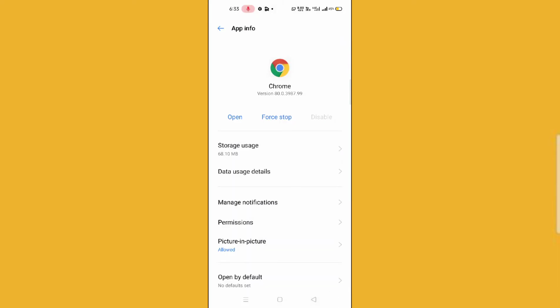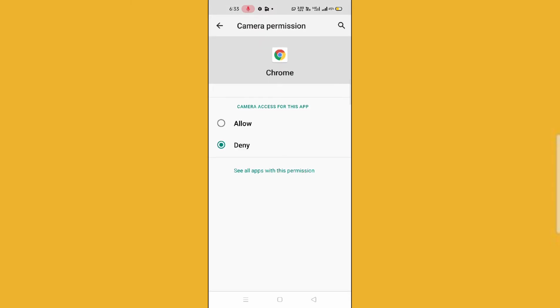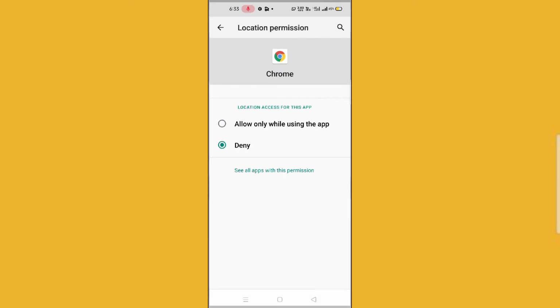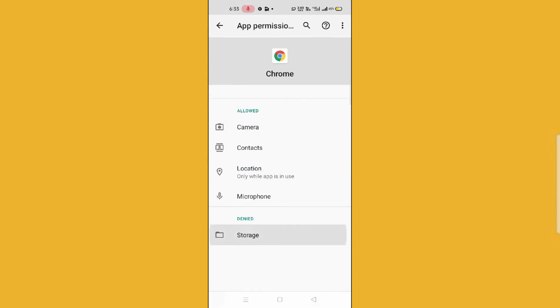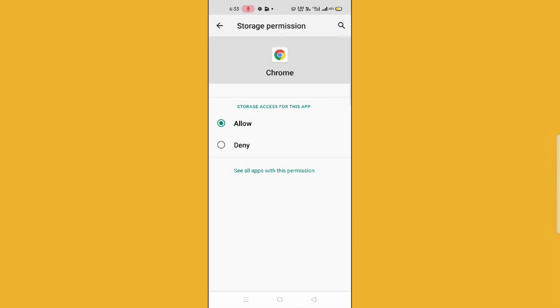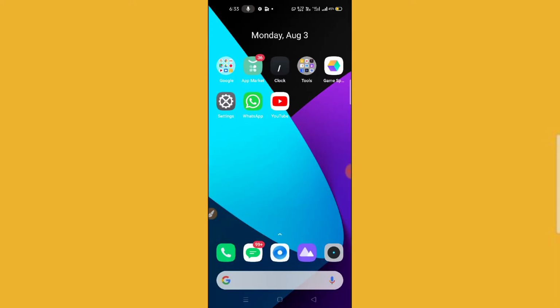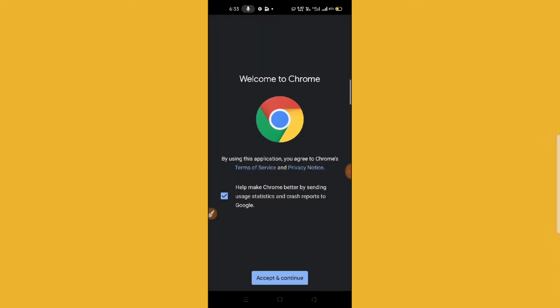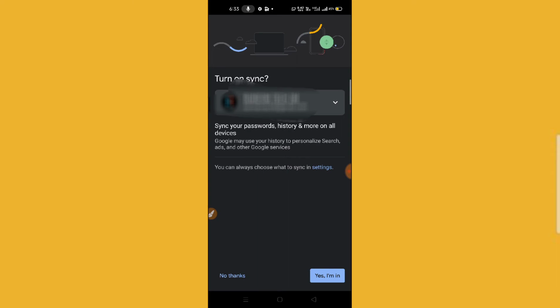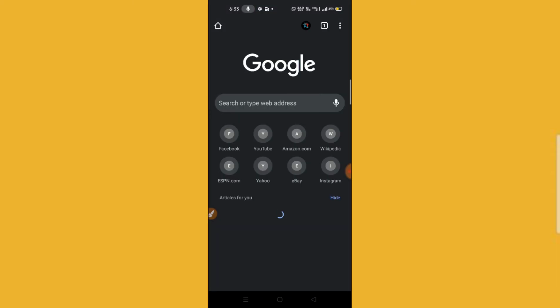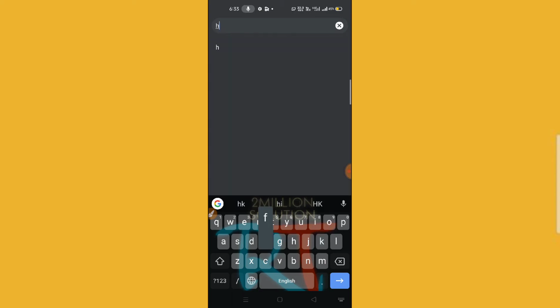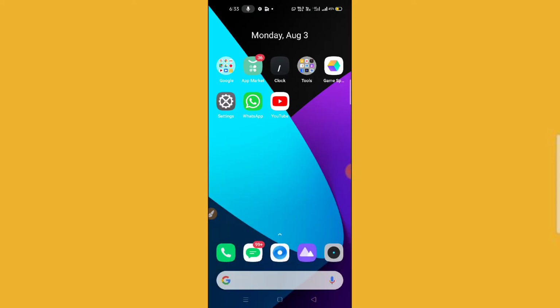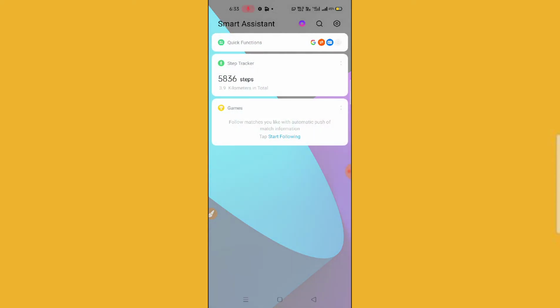Now you can see a permission option. Simply click on the permission option, and then you have to allow all the permissions here. Let me show you. In your phone it might be a different icon, but you have to allow all the permissions. Now after this, you can check whether it is working or not. I hope this will absolutely work for you. If these things work, then it's very good. And if it is not working, then what you can do is